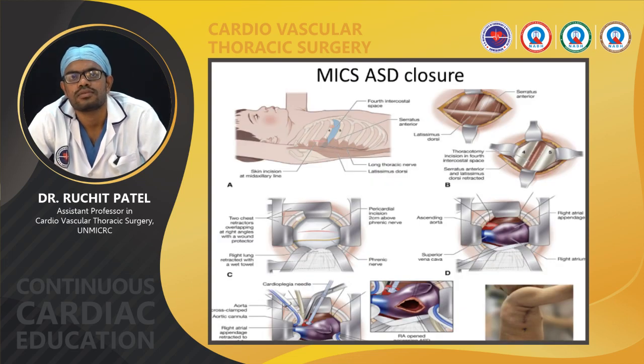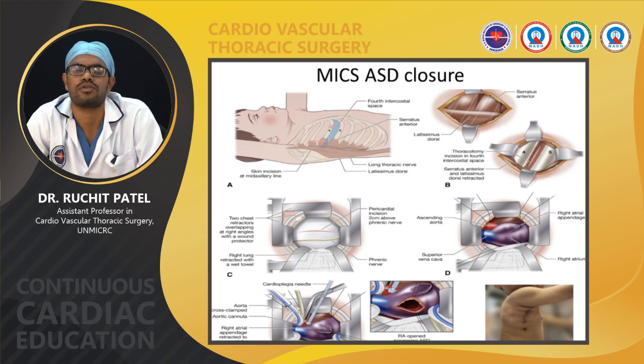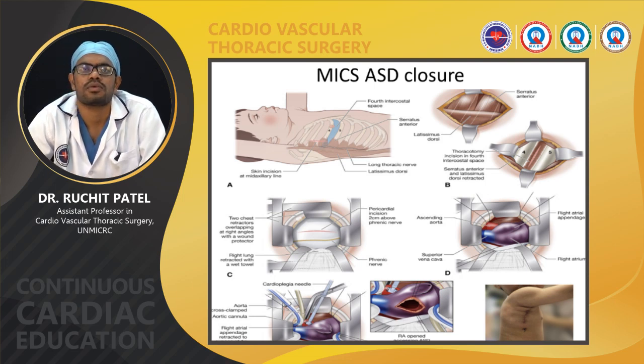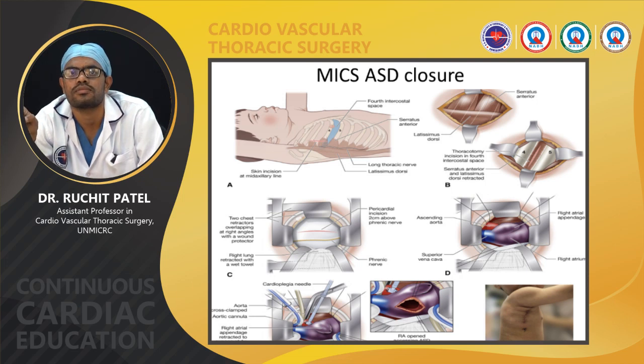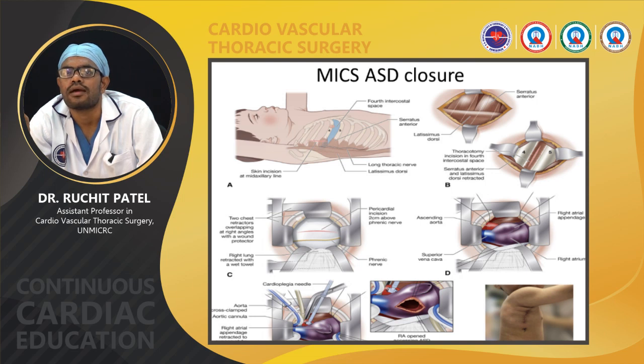Minimally invasive ASD closure is preferred particularly in young patients, with cosmetic advantages. Usually the incision is in the axilla or maybe in the fourth intercostal space below the nipple, smaller than the routine sternal incisions. The pleural space is entered through the fourth intercostal space sparing the serratus anterior muscle, and the pericardium is opened above the phrenic nerve anteriorly, and the right atrial appendage is exposed.